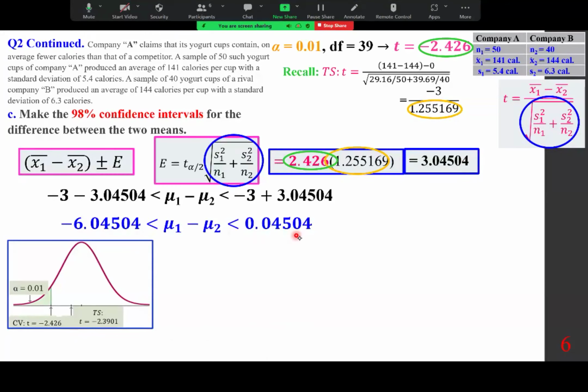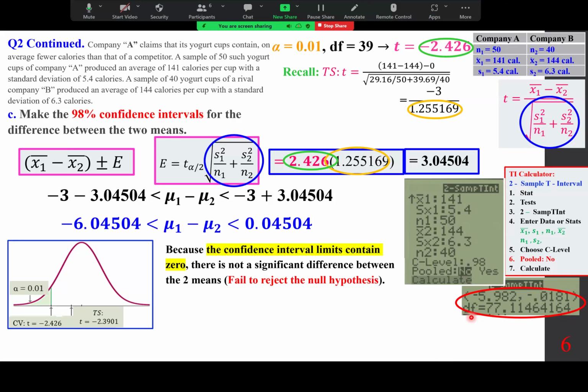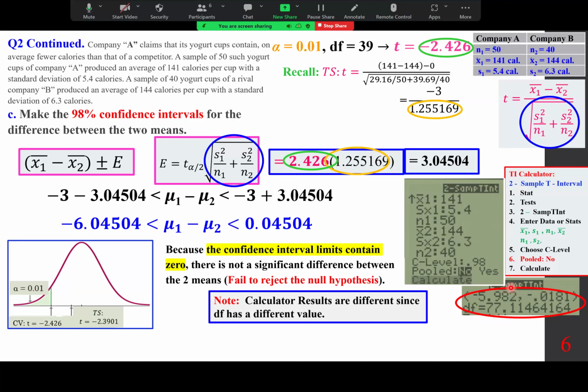And that's why the discrepancy. In this case, both sides are negative. Note calculated results are different since df has a different value. Remember, degrees of freedom we said is 39, the smaller of the two, when we do it by hand. This one is a more precise one, and there's actually a huge difference between the two. Sometimes it doesn't happen, but in any event,